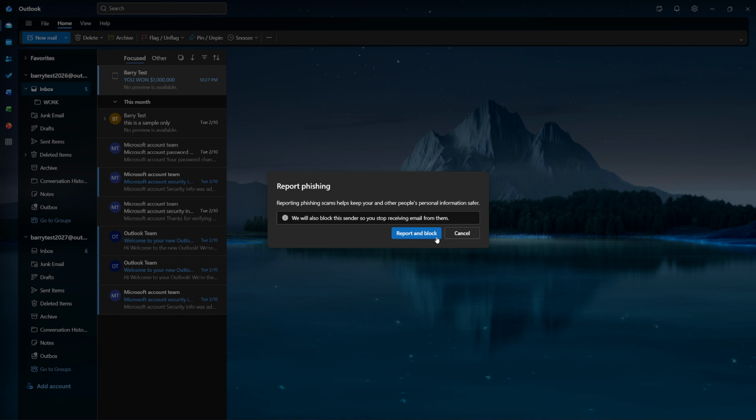Click the Report button. A small menu will appear with different reporting choices. Select